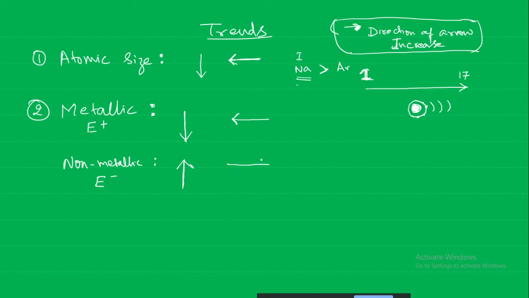increase. Yes, there is an increase in the non-metallic nature as we go from the left to right of the periodic table. Okay, so this metallic and non-metallic nature you can see are exactly opposite to each other. So here one another point will come, that is there is a transition between this metallic and non-metallic nature. Okay, so we say they are the metalloids.